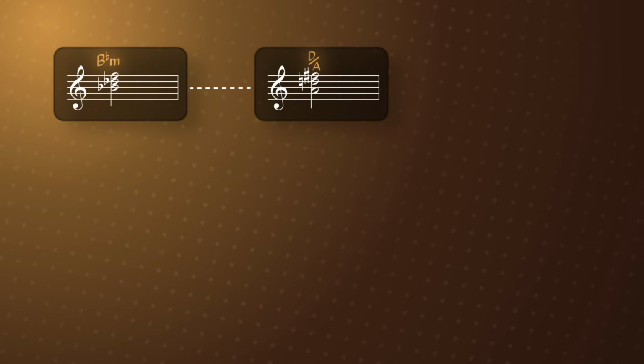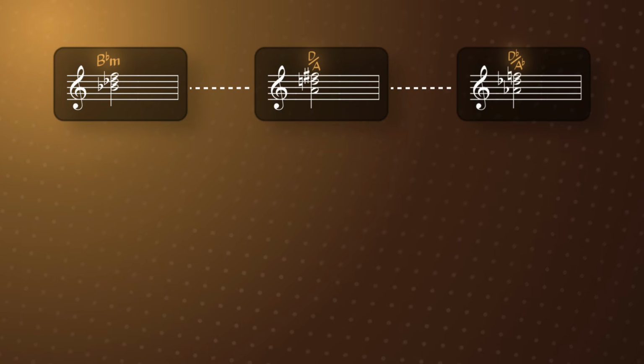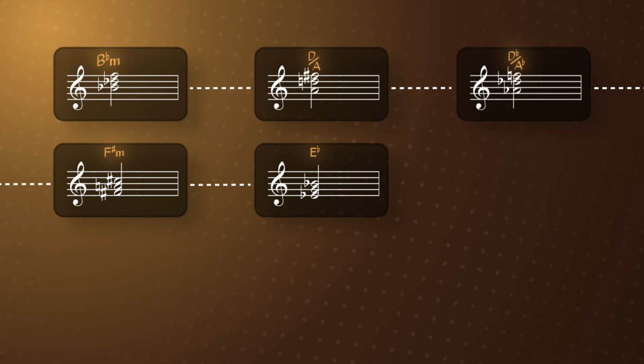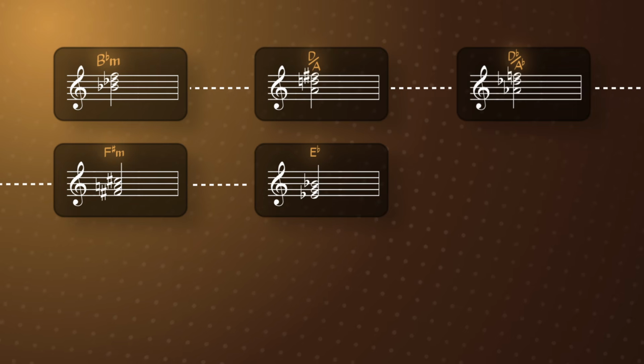So in this section, we start in B flat minor. We then walk down the bass, because I love walking down the bass, smooth harmony. We go from B flat minor to D major over A. We then transition to D flat major over A flat. We then walk down to F sharp minor. We then jump to a mediant relation here to E flat major. So now we have F sharp minor, a minor chord, to a major chord, E flat major. This is a Danny Elfman kind of move.